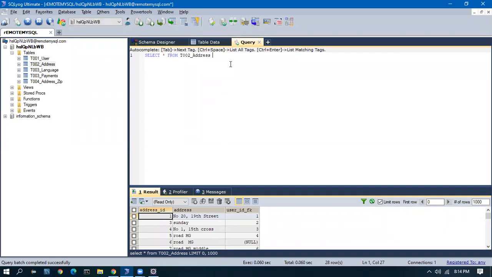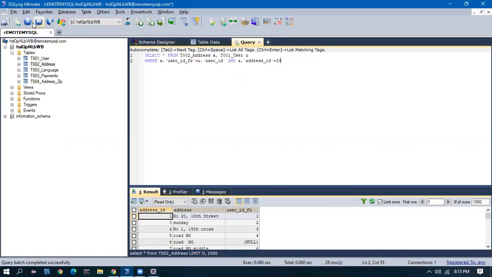I want to add a join. A for address, I'll join P001 user as U, where A dot user ID equals U dot user ID and A dot address ID equals, what is the ID? 33.